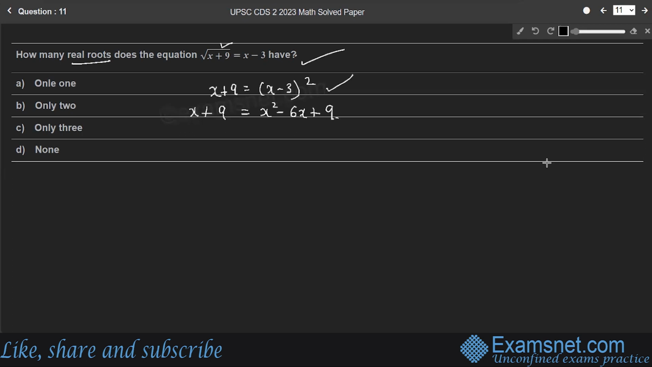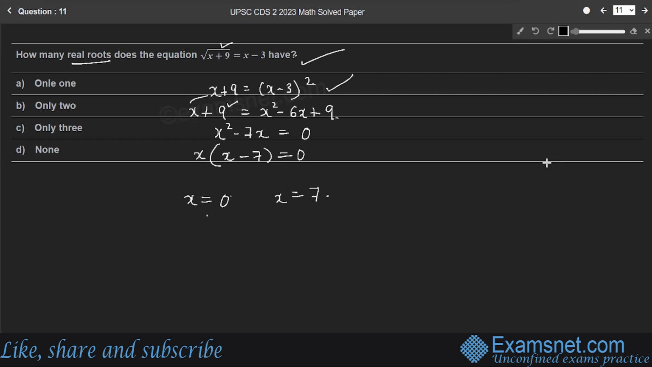So we'll simplify it. Here, take this x to the other side, so it becomes x square minus 7x. When you take 9 to the other side, it becomes 0. Therefore, x square minus 7x is equal to 0. When x is taken out, we have x into x minus 7 is equal to 0. Therefore, we have two values for x. x is equal to 0 and x is equal to 7. For both the values,